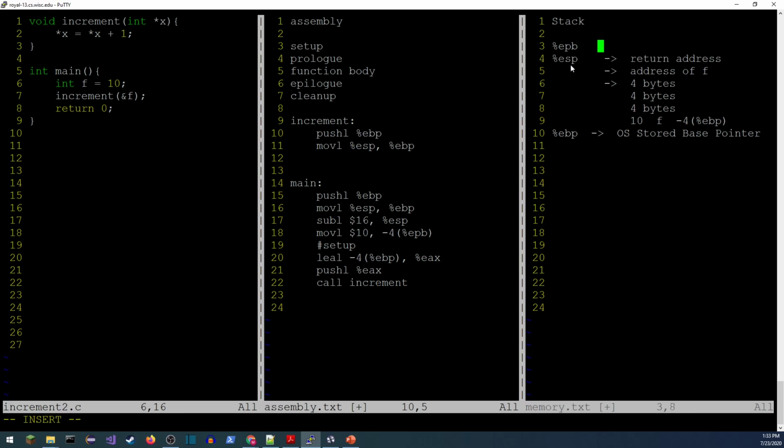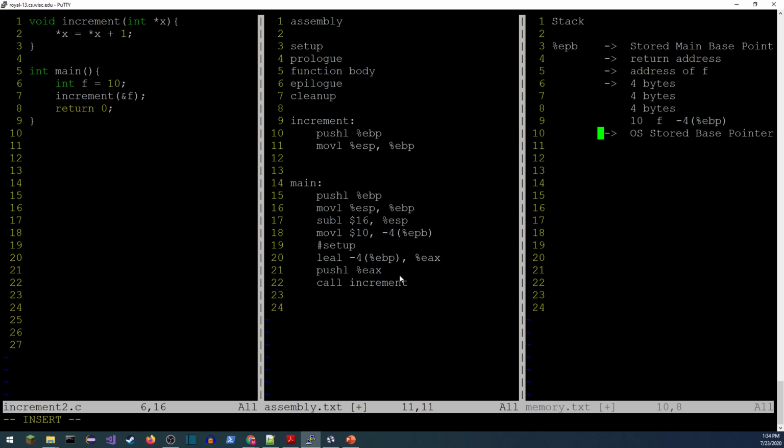Base pointer gets moved to here, and this is going to be the stored main base pointer, just like that. So the base pointer is no longer pointed to right here after we do the second line. Instead, we're going to move the stack pointer into the base pointer, and the stack pointer also gets moved up when we push the base pointer. There we go, just like that.